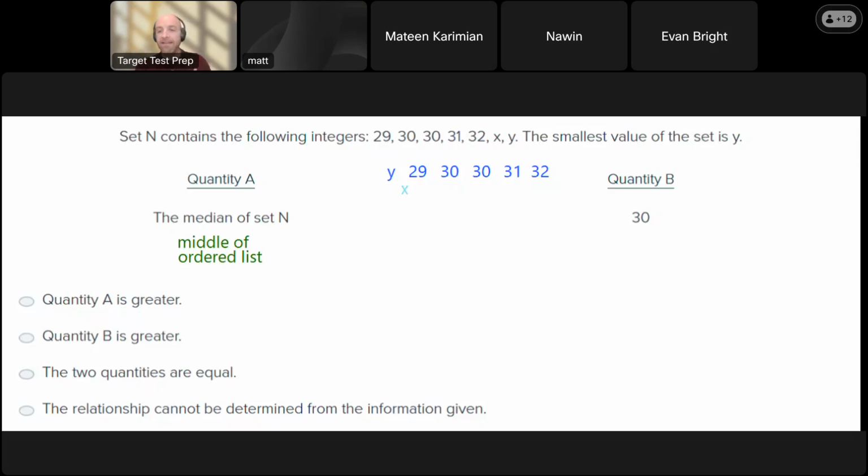Now, I think the thing that they're trying to get you on here is I said that you want to have D in mind. Answer choice D means that you can't really tell. And your initial instinct might be to say that the answer is D here for sure, because I don't know where X is going here. I mean, it could be in any different part, right? So the thing you want to be careful of, though, is yeah, I don't know X,